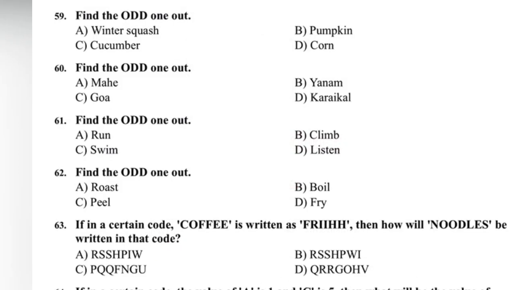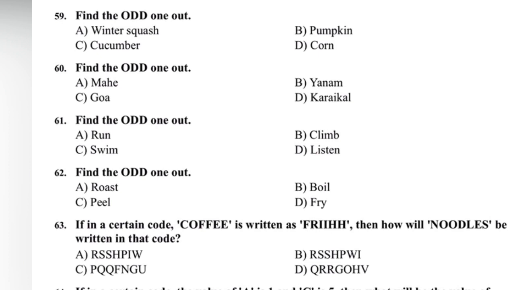Hello my dear students, this is the previous year question paper of the ICMR Assistant Group B examination. Even if you are not preparing for this examination, this set of questions will definitely help you in other competitive examinations also, like SSC CHSL, SSC CGL and other similar level examinations. You can definitely expect this level of questions for the SSC CGL Phase 1 Tier 1 examination and also for the SSC CHSL examination. So please don't skip this video even if you are not preparing for the ICMR Group B examination.